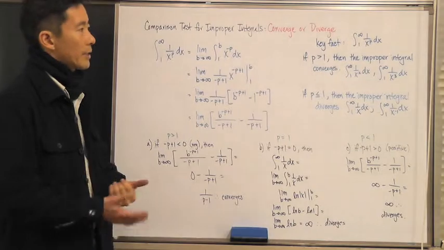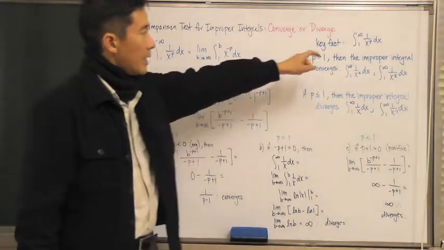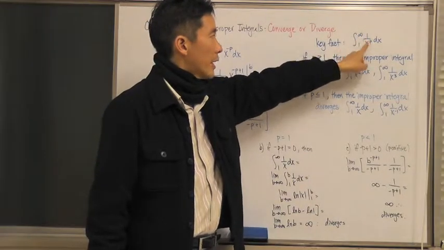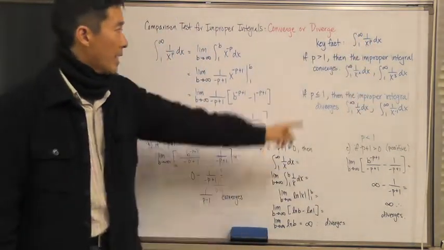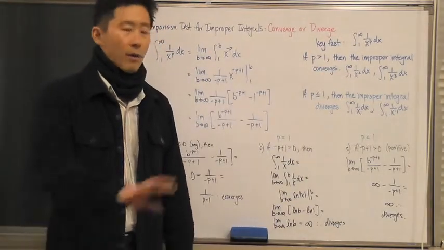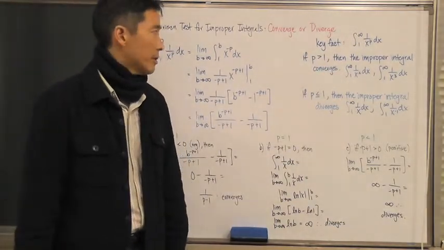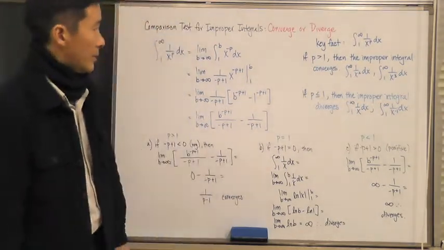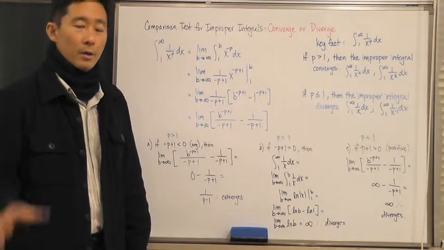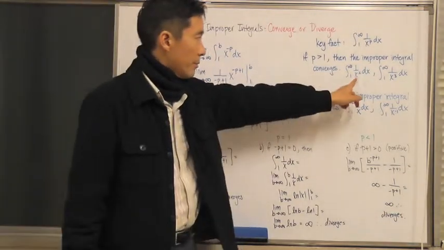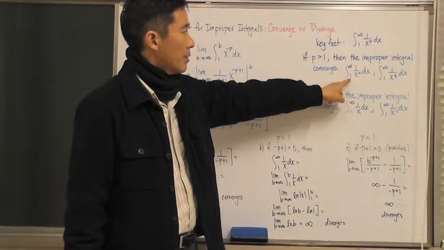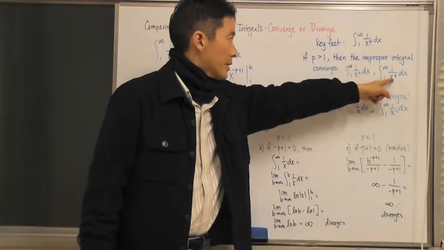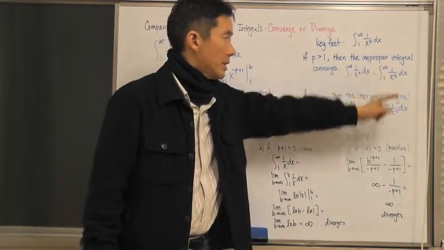So here's the key fact that we need to keep in mind: if we have any integral from 1 to infinity in the form of 1 over x to the p dx, and p is greater than 1, then automatically the improper integral is going to converge. You don't even have to evaluate what the integral is going to be. You know it's going to converge. So, for example, if you see anything that looks like the improper integral from 1 to infinity of 1 over x squared dx, converge. 1 over x to the third, integrated from 1 to infinity dx,